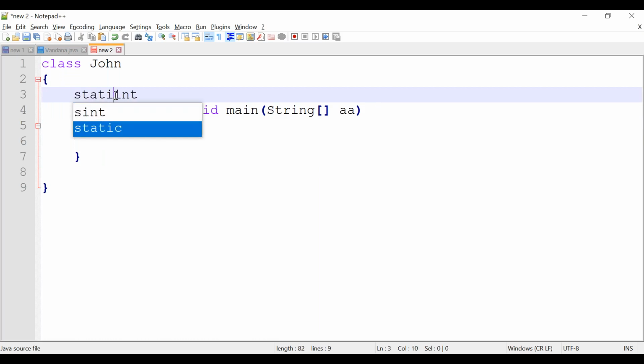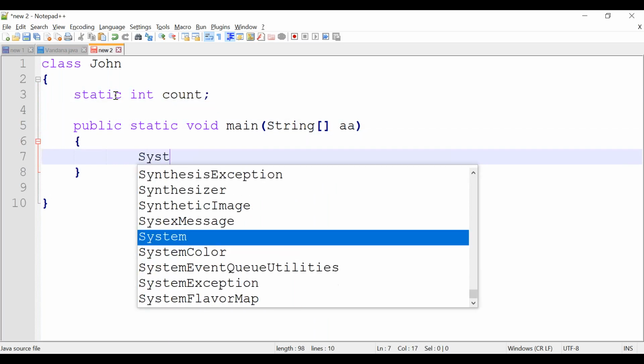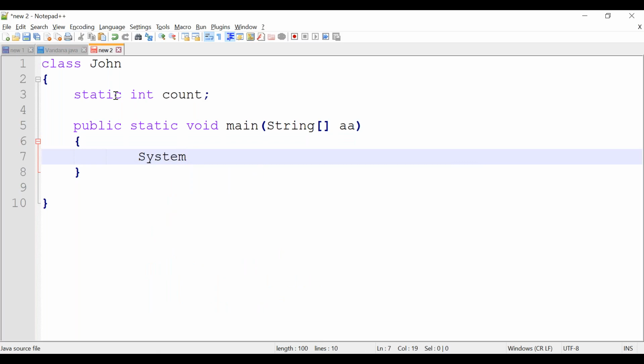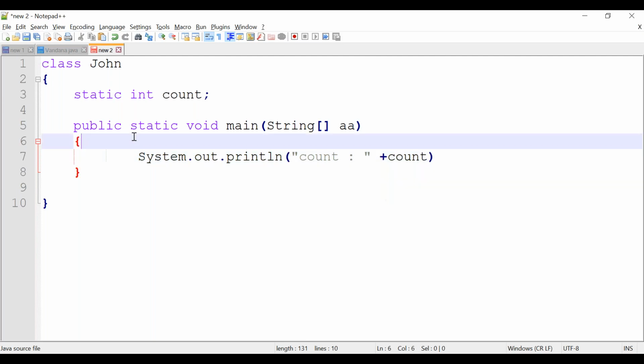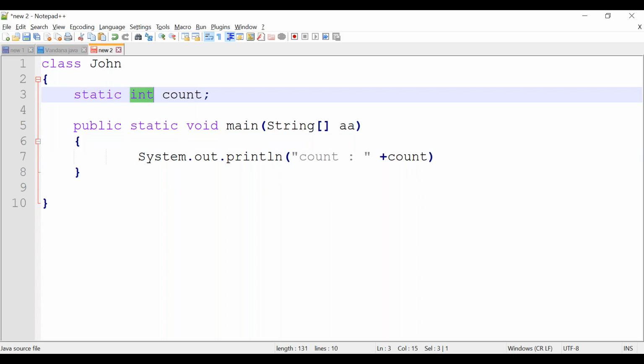Again I'm going to declare one variable count. I'm trying to access that static variable. We have declared one variable count as a static variable, and I'm trying to print it. What is the value here? Count value will be loaded with the default value. Int default value is 0. We already saw this program, right?